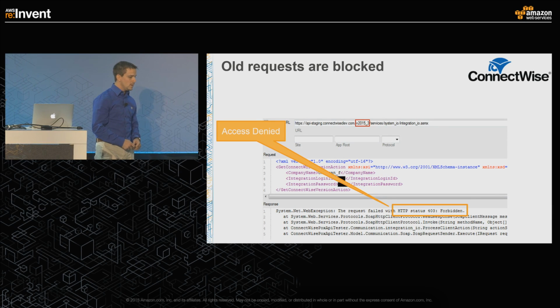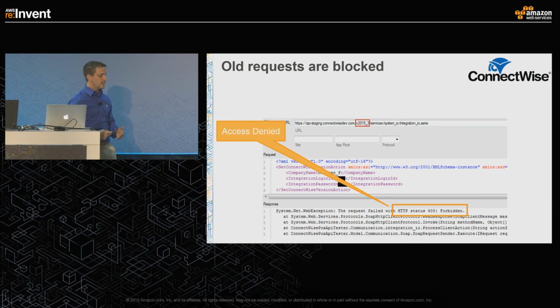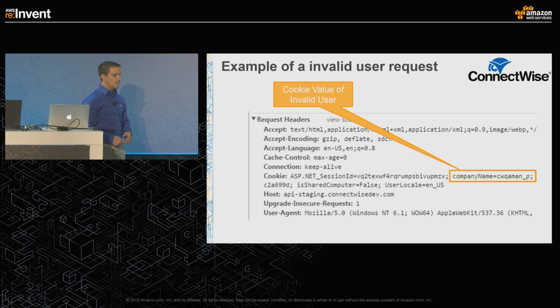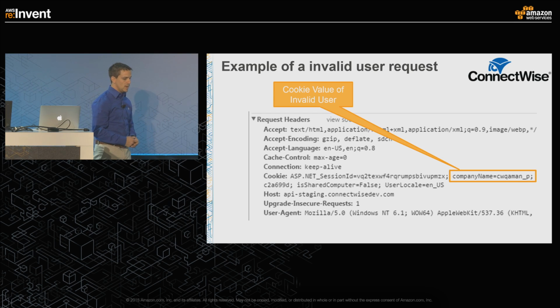2015_3. So, another use case that we also try to do is we have customers that we actually assign a cookie. So when you become a vendor or an integrator with us, we give you an ID. In this specific use case, what we are looking for is our CWQA man_P token, just a random token that we can give to any integrator. Again, this is an example header coming into our API